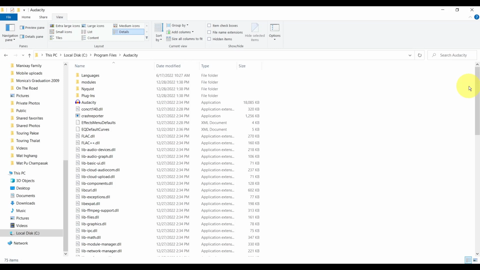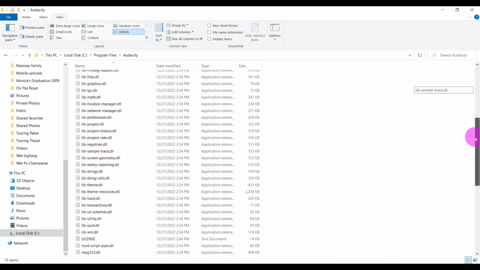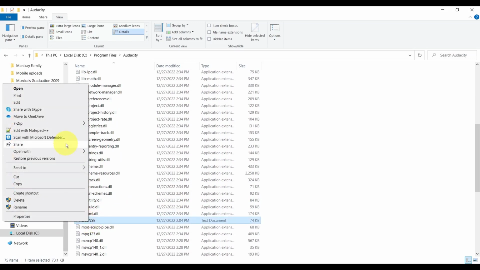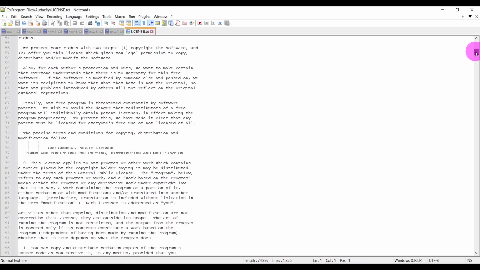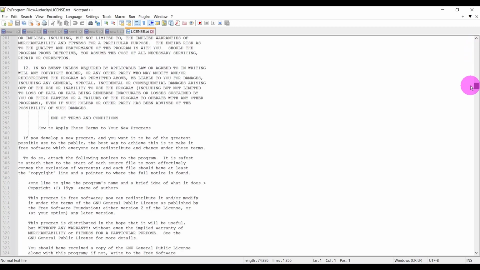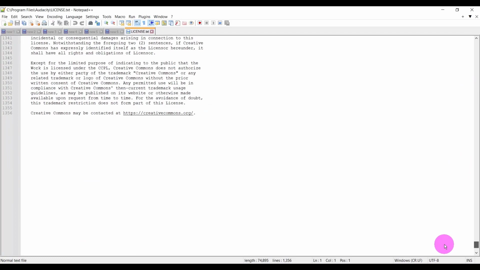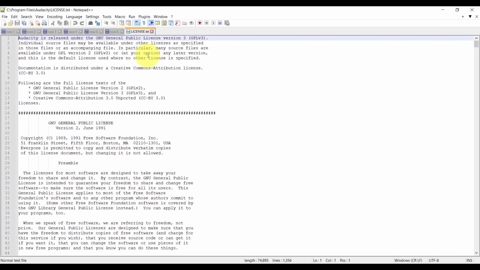Well, I don't see what I'm looking for, but look at this license. Let's open this up. This is just documentation on the product. Let's see what else in here. But what we want to do is create a text file